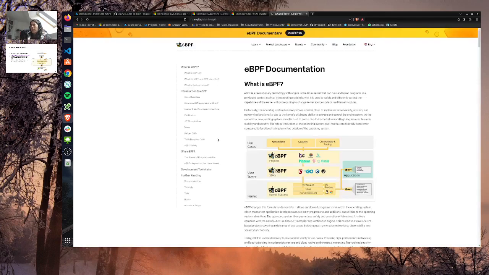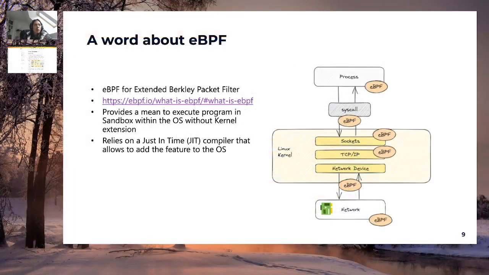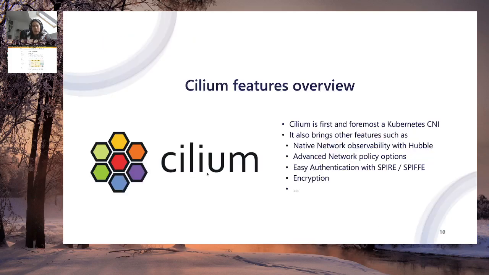And that's it. This is the page that I wanted to share with you. This is the description of what eBPF is, how it works, and how we can write a program that will use eBPF. On our side, we just want to remember that we have the just-in-time compiler to run sandbox programs within the OS kernel without doing some extension. And typically, as you can see on the schema, we can even interact with the network, which is what we do with Cilium.